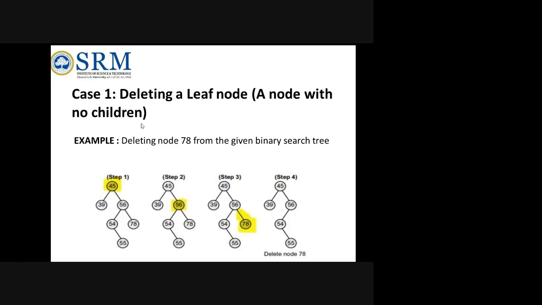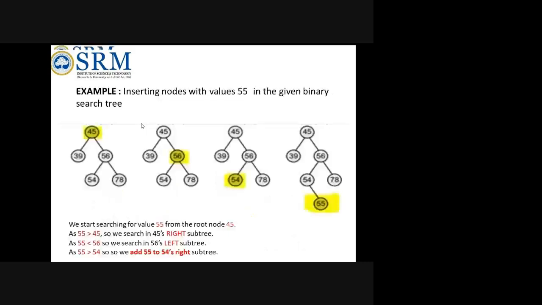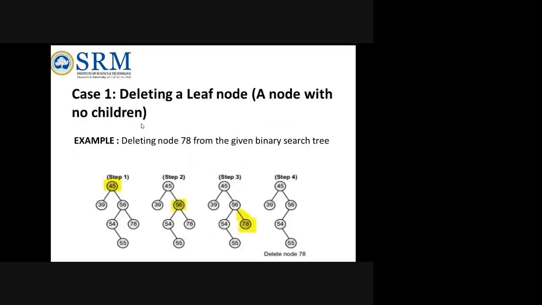So listen to this. Sorry. So when you are deleting a leaf node, that is 78. So 45. This is a tree given here. Till here you can look into this tree before deletion. Okay, so 78, when a node is to be deleted, it will start comparing from here only. 45 and 78 will be compared. Greater, it will come to the right side. Then both will be compared. Again, right side.